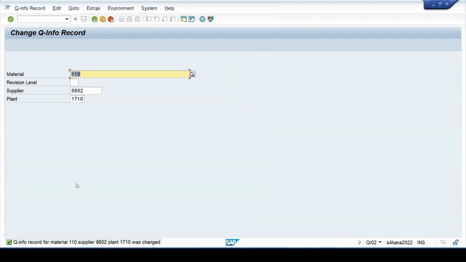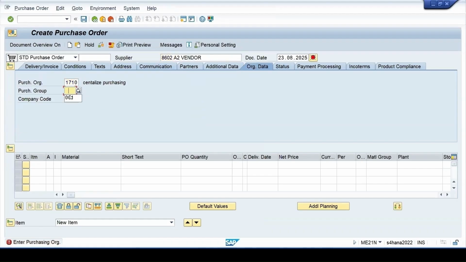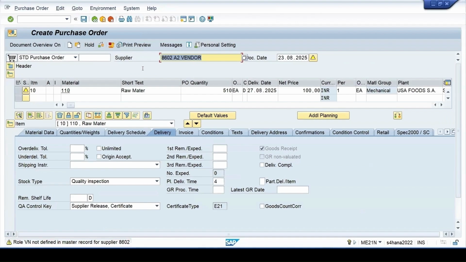I have kept it 500. /n ME21 and enter. Buying it from this vendor, and this is the information for the header level data. So actually it should give you the warning that you can buy this much quantity only.